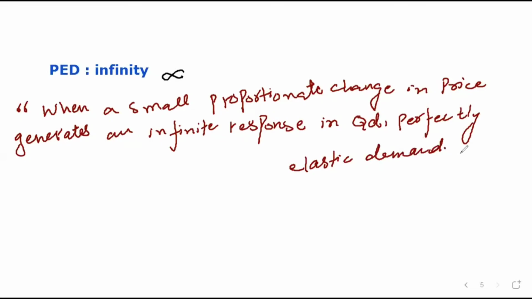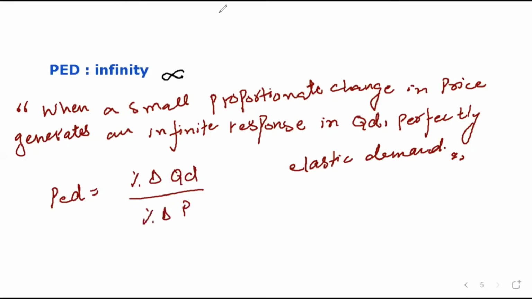These may be the things that we want to buy because we want to show our status. We want to show that we are unique, we are different, and due to a small change in the price, the quantity demanded will respond infinitely. Our quantity demanded will increase or decrease by a big change compared to price. So there may be extra luxury items or luxury sports cars and these types of things. The formula we are going to use will be the same: PED, percentage change in quantity demanded over percentage change in price.